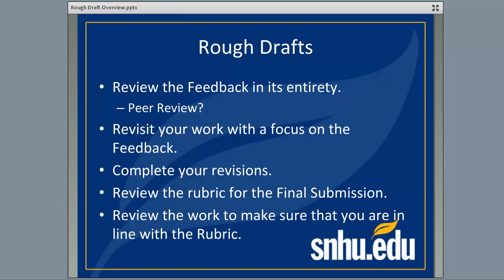So as it comes back, the first thing you're going to want to do is take a look at all the feedback that's been provided by your instructor. There are a few different areas in which you can receive feedback. For example, the inline comments that they might make as they're reading your paper. You can receive feedback on the rubric itself or in the rubric comments. So you want to take a look at all those areas and make sure that you have reviewed all that